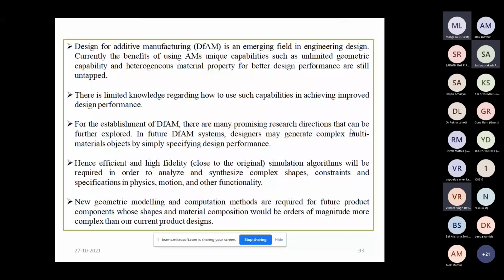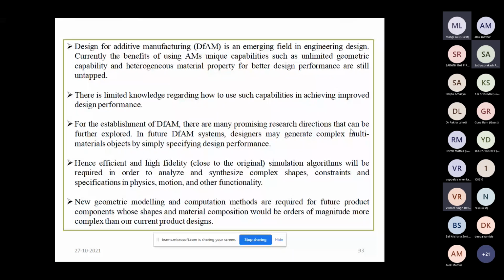Can you design the additive manufacturing for a heterogeneous material where the different properties of different materials can be combined for a single product? And whether you have the freedom to change the geometric capability of that particular process.